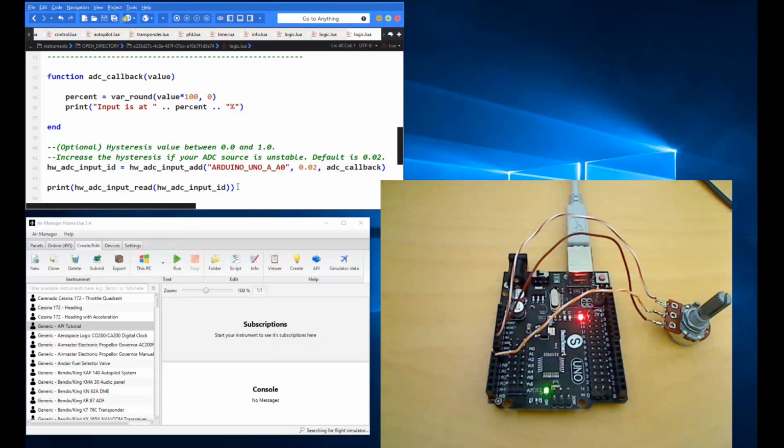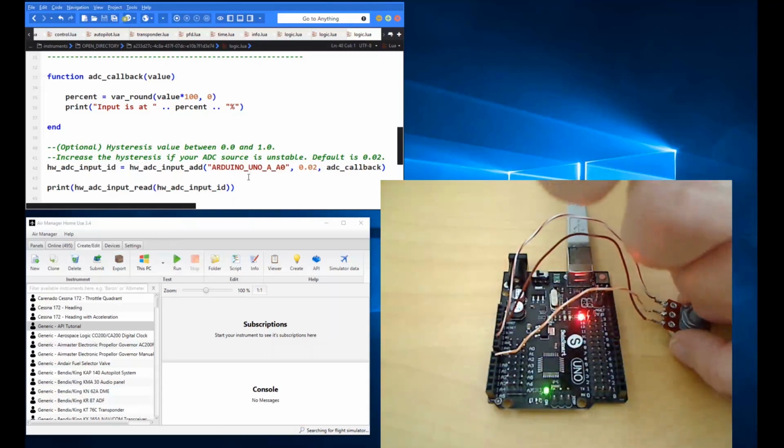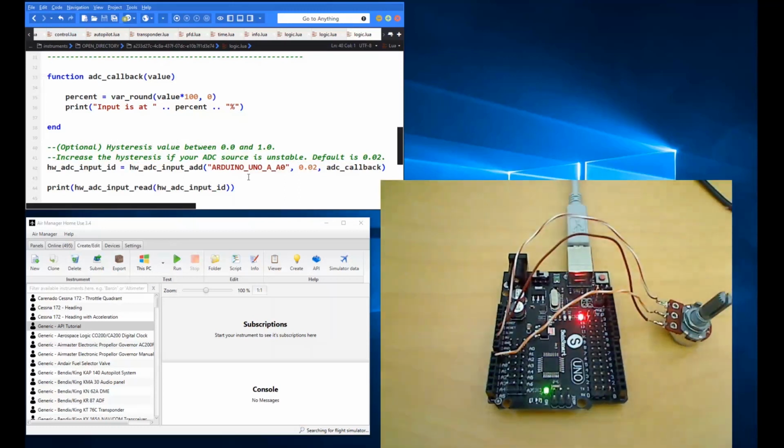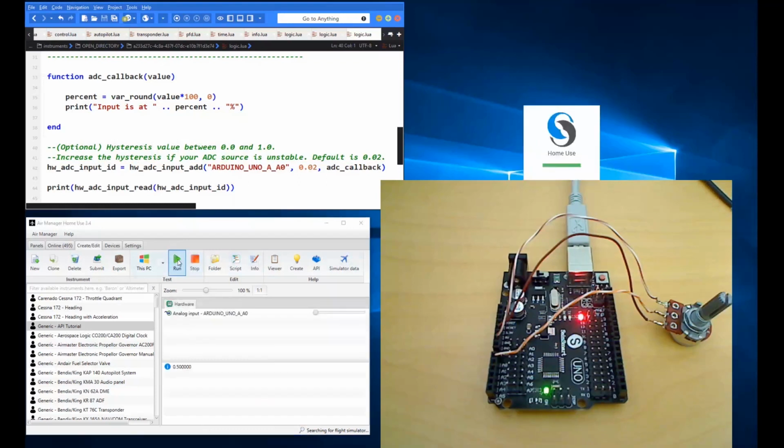We're just using it in our code here, so we're just going to print it out at the very beginning. So let's preset the potentiometer somewhere around the middle. Yeah, I think so. This particular potentiometer has got a little detent position in the middle, so that should be about 50% there. So when we run our instrument here, yeah, you can see there, so instantly when we run